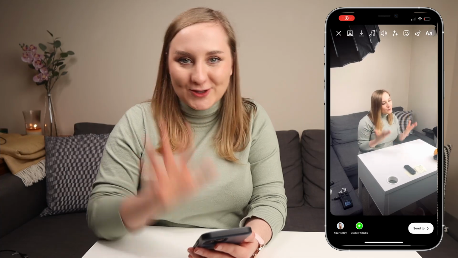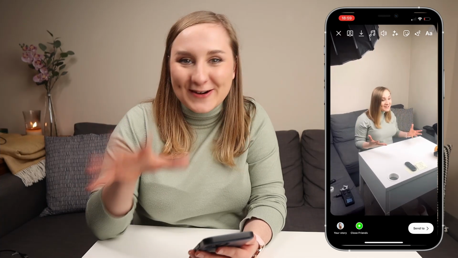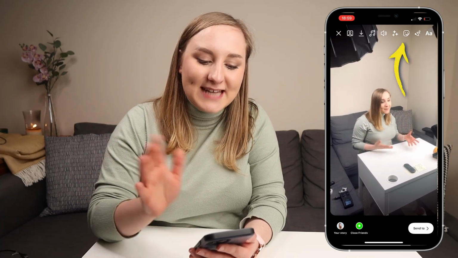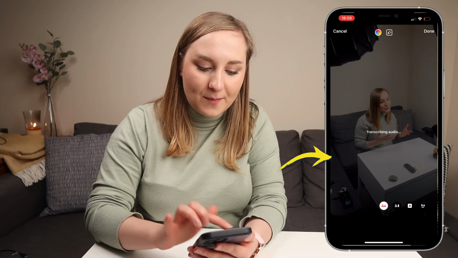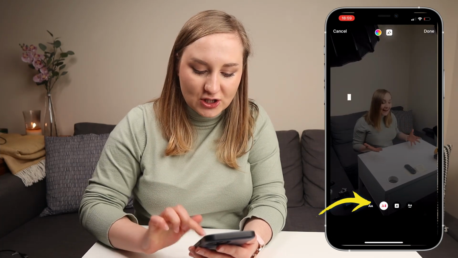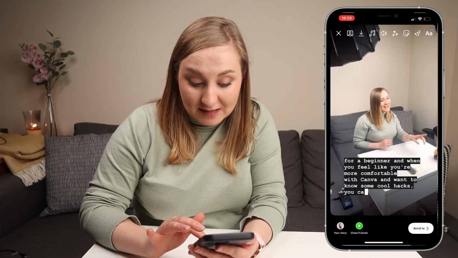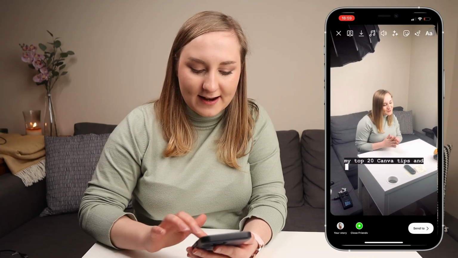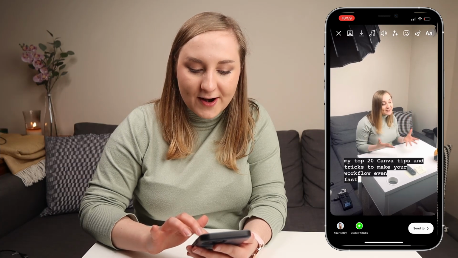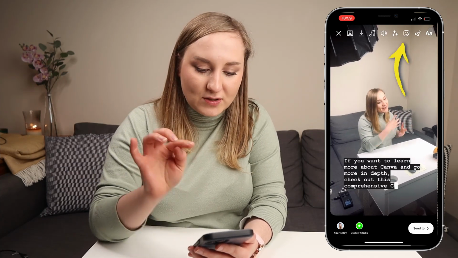Now, I'm in the Instagram app, and I've recorded a short story from where we're filming just now. I'm just going to add some captions to it from the sticker in here, just like that. And as you can see, this looks a bit blah. It's not my color, and I could use something from the color picker, but this is the tip that I want to share with you.